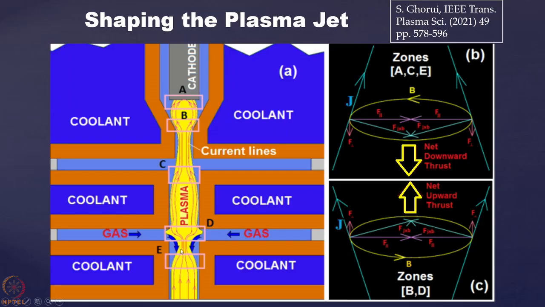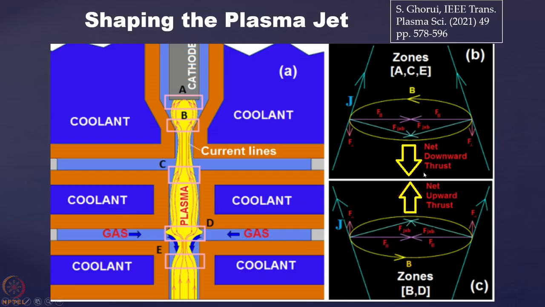So this can be done like this, then you know that in this zone there is no such gas injection. Still, because of the cathode and the nozzle configuration, they are expanding and then again they are converging. This kind of converging and diverging current configuration is very common in plasma devices, and they are the agencies creating the pressure through electromagnetic body force. Now I will explain how.